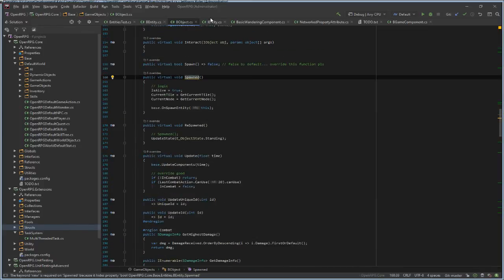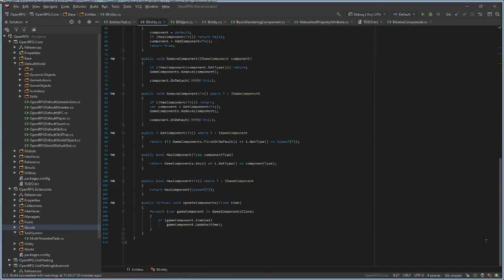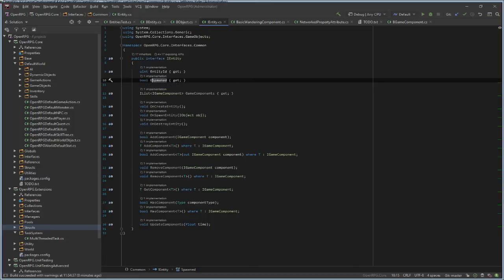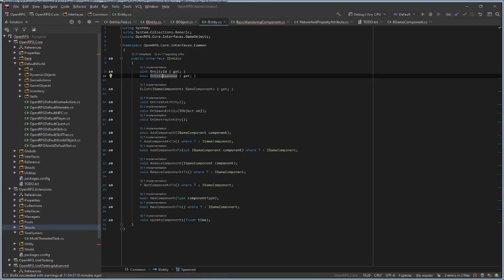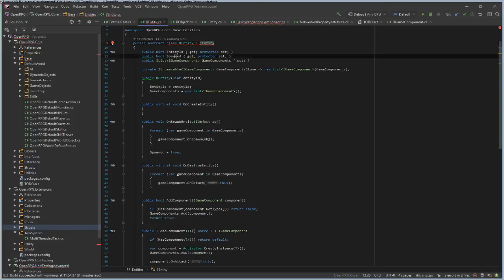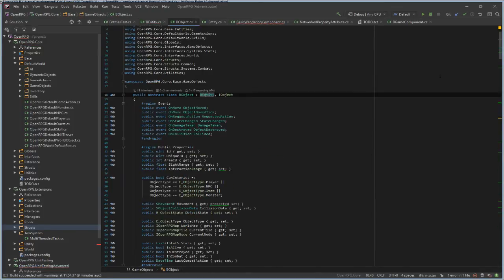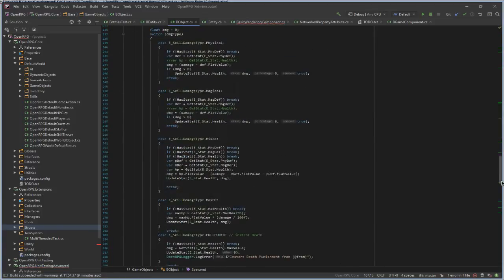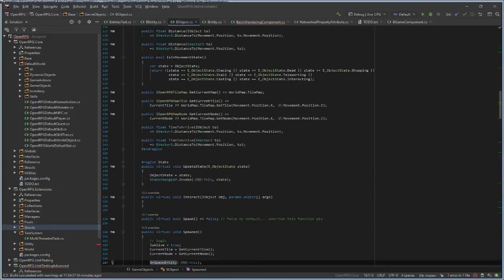Spawned, add new keyword. Why is this already here? Entity spawned. I'll make it entity spawned, just so it doesn't get confused with this spawn method, just to avoid naming issues.